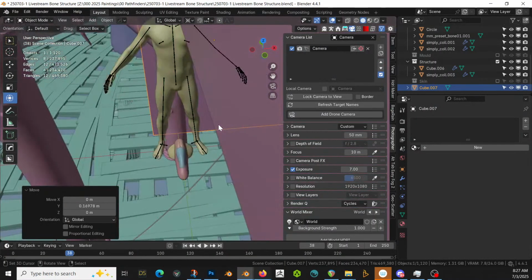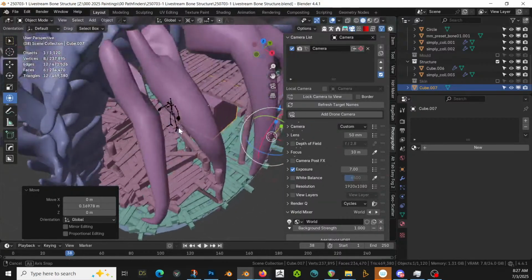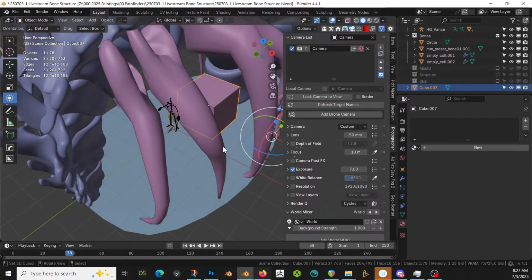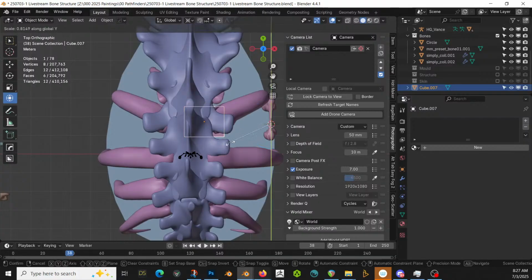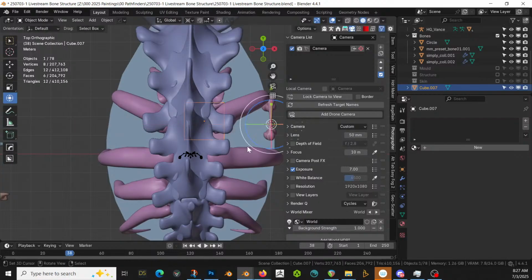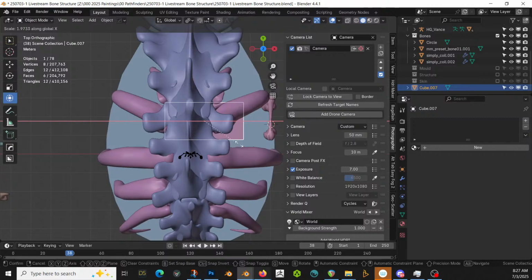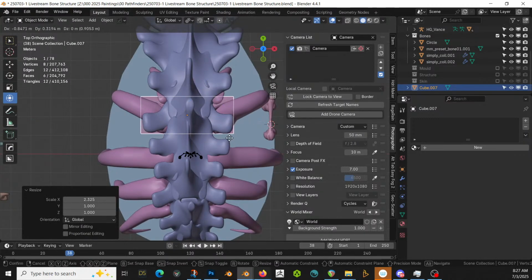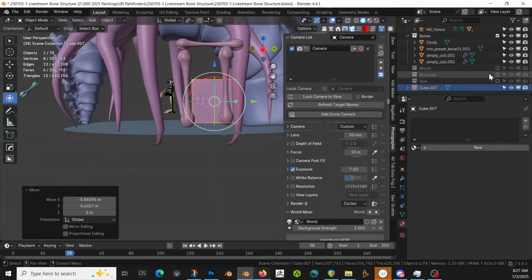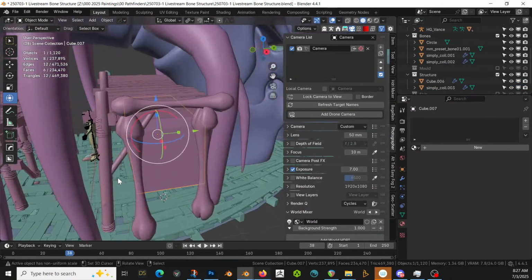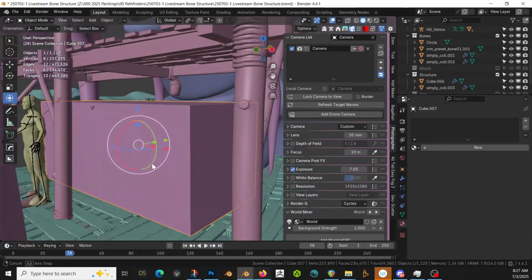What if we make it... it's just so hard to see anything. I'm going to get rid of structure. Yes, that makes it easier. Oh, not on. There we go. It's right about there. Okay. Cool. And what if